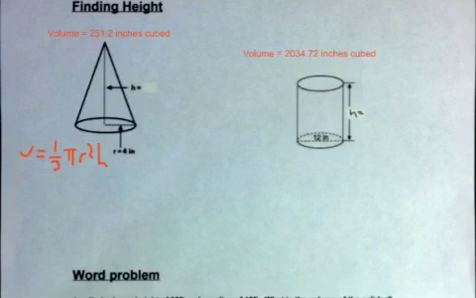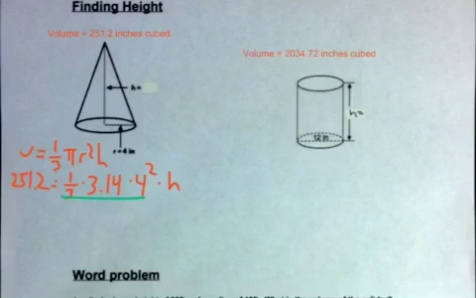So I know everything but the h, so I'm going to fill in my volume, which is 251.2. I get that from above the shape. 251.2 equals 1/3 times 3.14 times r squared, which is 4 squared, times my h. So now I'm just going to multiply these three items together. Take your calculator, do 1/3 times 3.14 times 4 squared. And that's going to give us a big long number. We're going to estimate it a little bit. And that's going to be 16.747